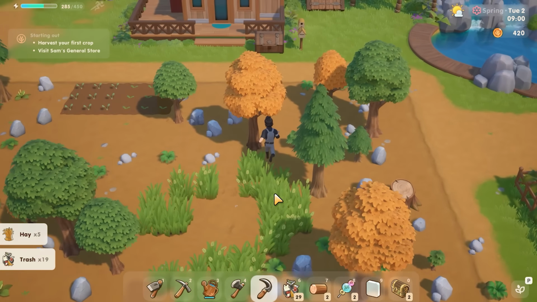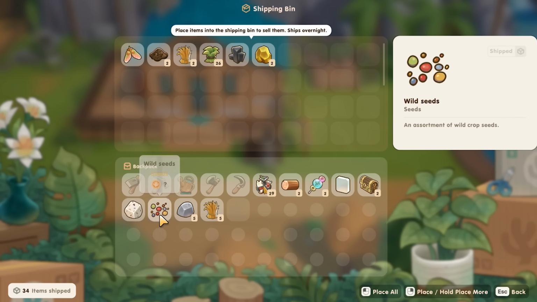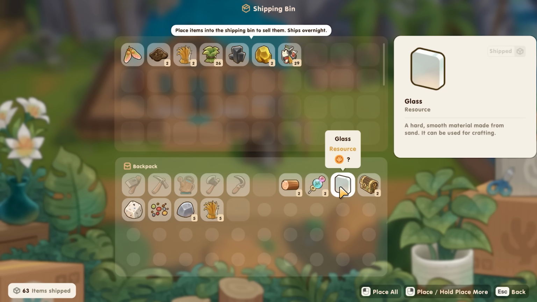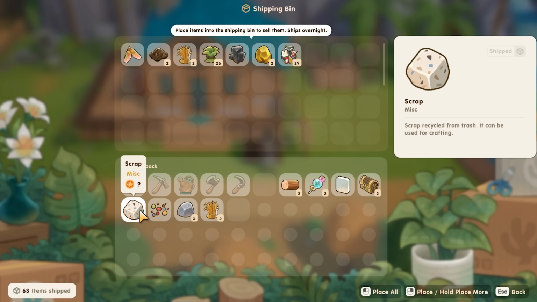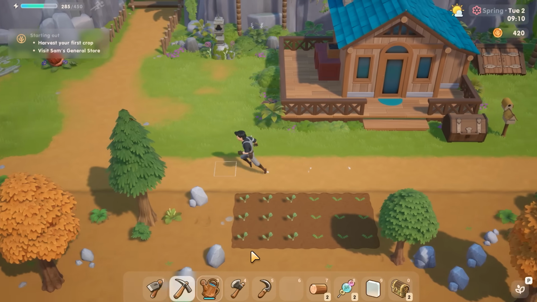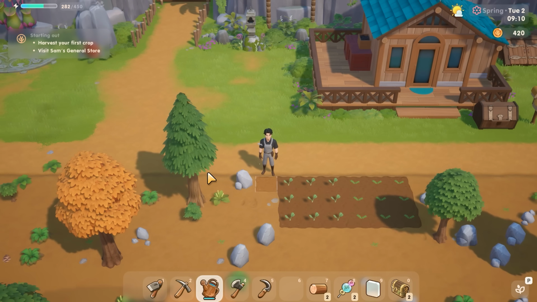Alright, let's go up. Let's see if we can just sell it. I'm sure we can at least just put it in the bin. Glass. That seems awfully important. For scrap that actually looks kind of unique. Wild seeds, let's plant those. I'm just going to keep selling everything until I have a great reason not to. Alright, let's...